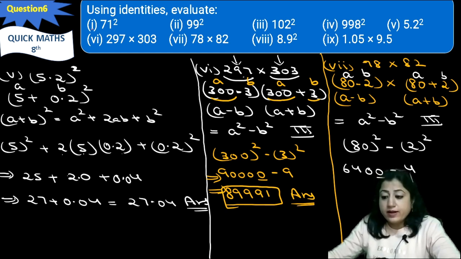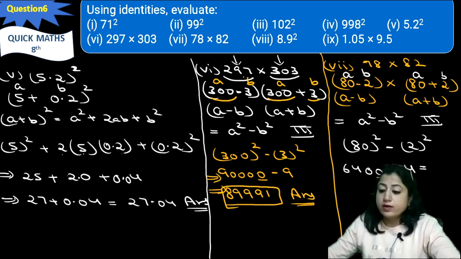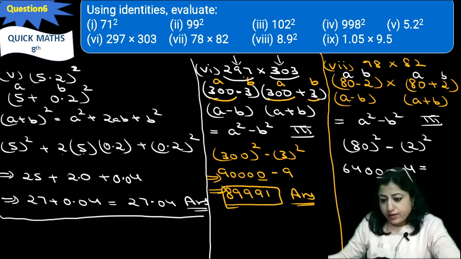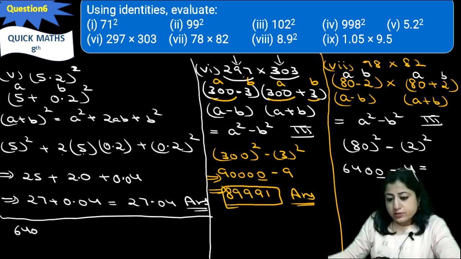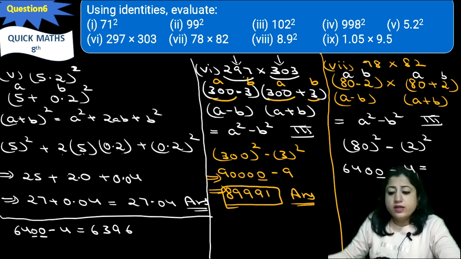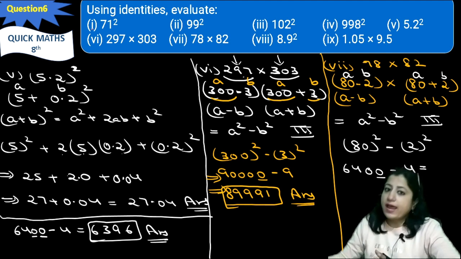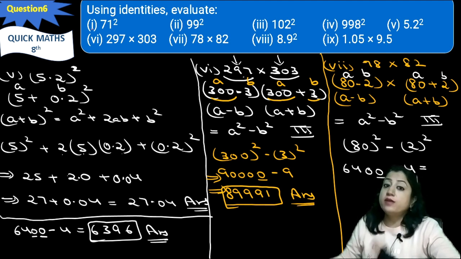If we subtract this, then 10 minus 4, it will be here. If it is not visible to you, then I can write here. Just a minute. Yes, I am using this space. This is 6400 minus 4. So it will be 10 minus 4, that is 6. It is 9. It is 3. It is 6. So it is 6396. This is the product of these two numbers. Without doing much calculation, just applying the identity, you can find the multiplication of two two-digit numbers. This is the required solution.